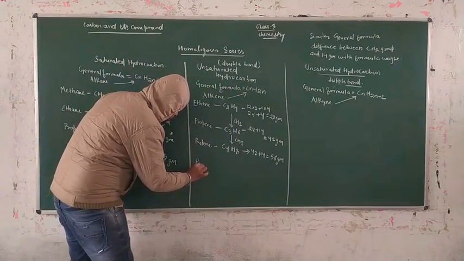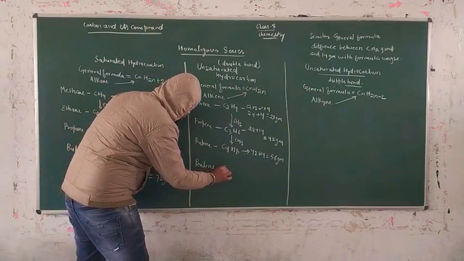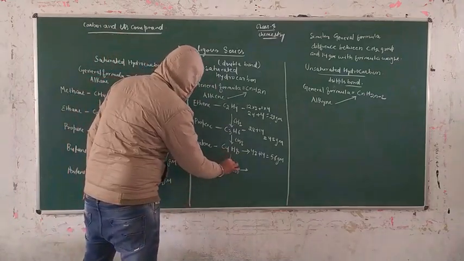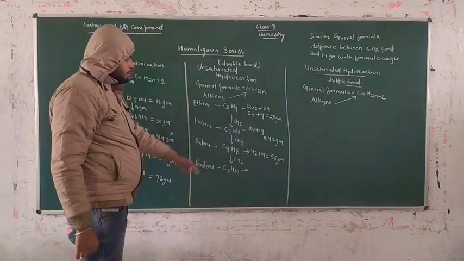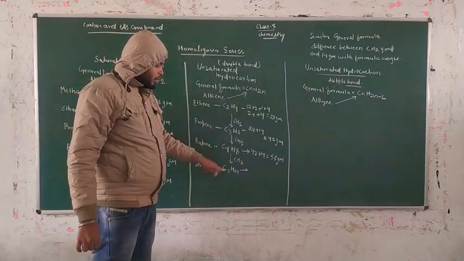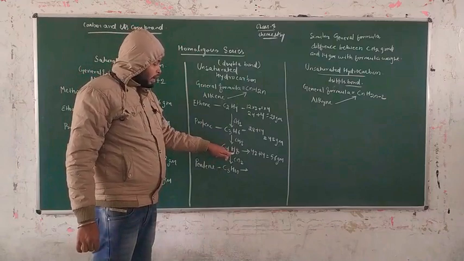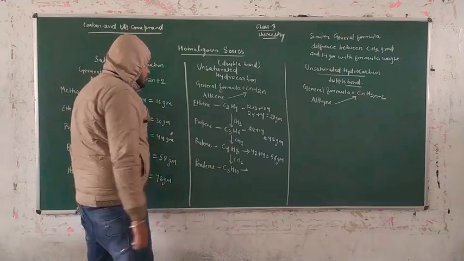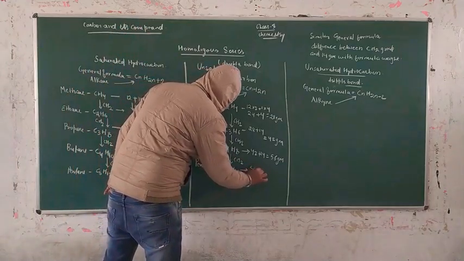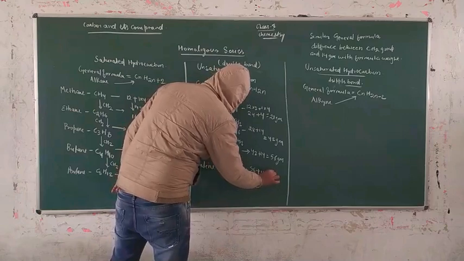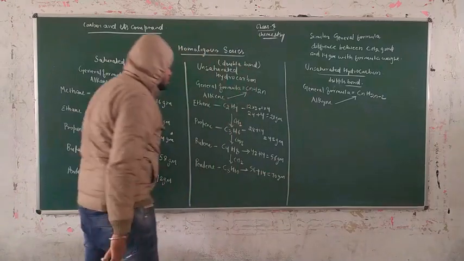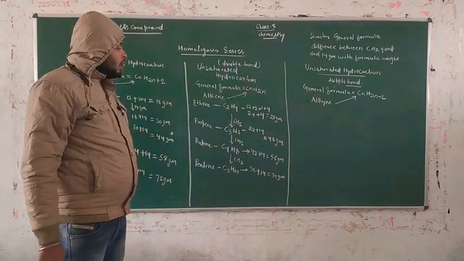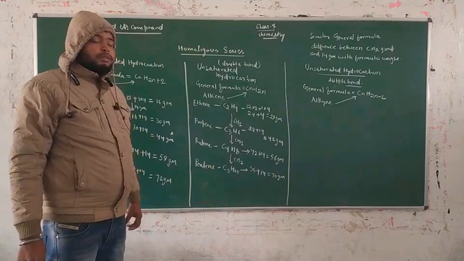Another one, that is pentene here, C5H10 is this. Again an increase of CH2 group, carbon increases in one order, that means C4 becomes C5, hydrogen with two orders, that means H8 becomes H10 now. According to this concept, we have to add 56 plus 14 again, that means this becomes 70 gram, the formula weight of pentene. That means this is the complete arrangement of homologous series according to the concept of homologous